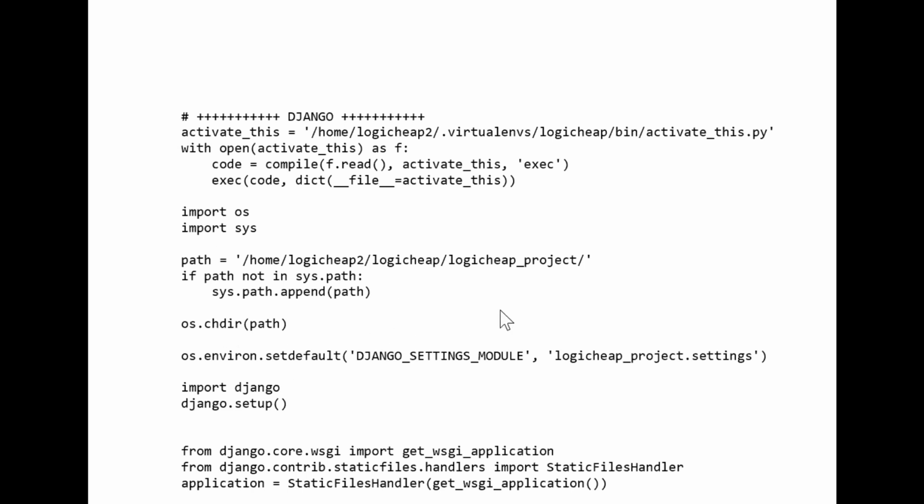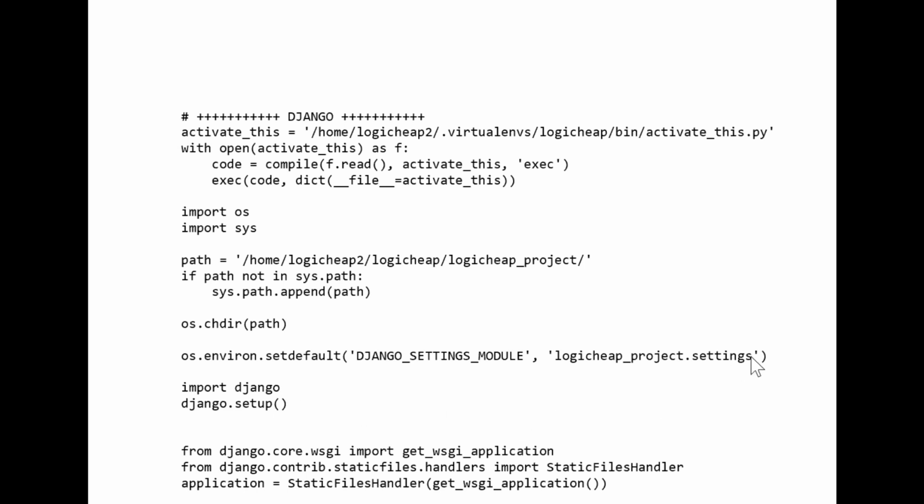Once this is all done, the next step is to provide the path of settings.py. So currently you can see in this path variable, we have given the path till logic heap underscore project. So this is a project's directory. Now if you remember, in Django, by the same name, we'll have a project configuration directory inside it.